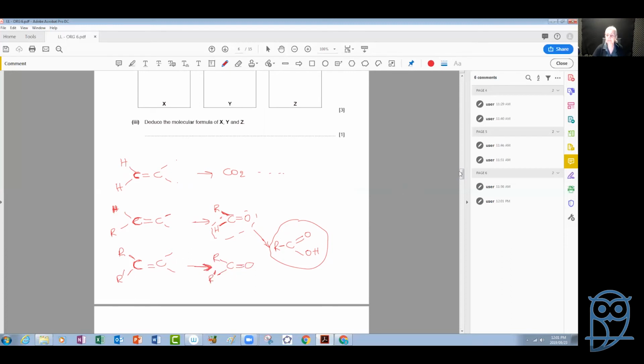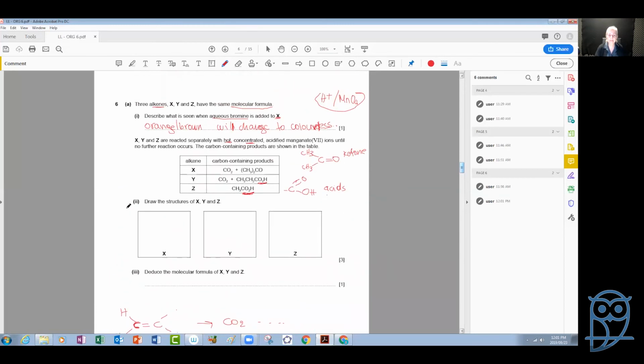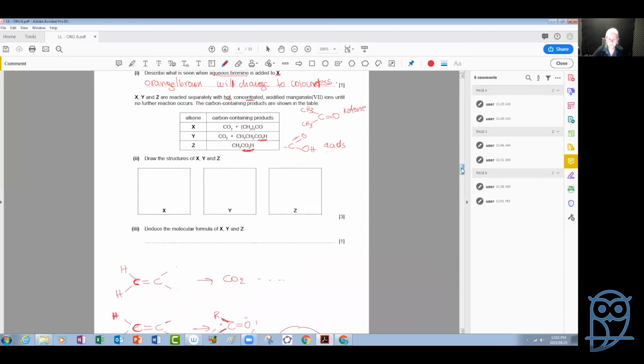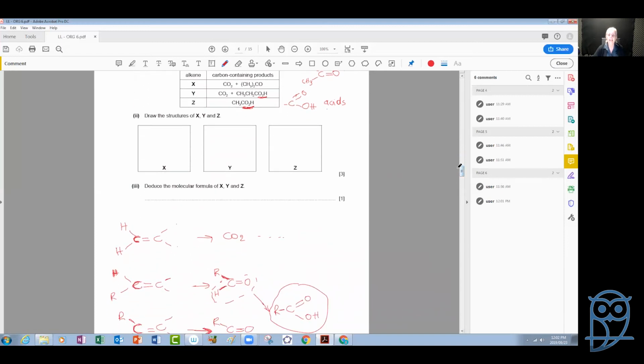All right, so we know, in other words, that the first compound that we are given, the X, must have in one side, look at this, for the first compound, we have carbon dioxide produced, which means one of those carbons is of this type, is connected to two hydrogens, and then we have a ketone produced over here. Here's our ketone,